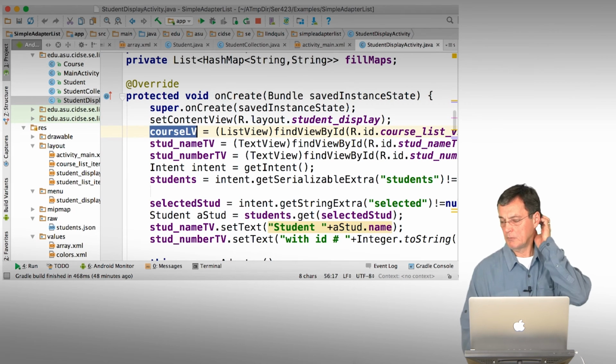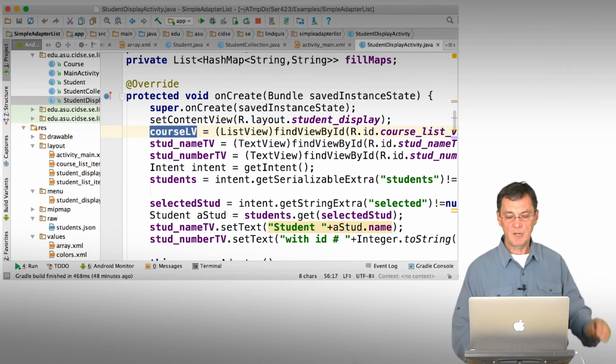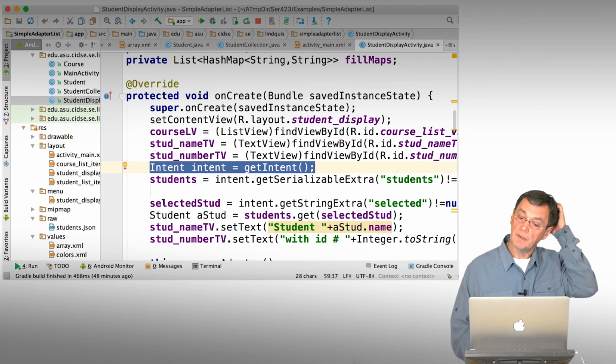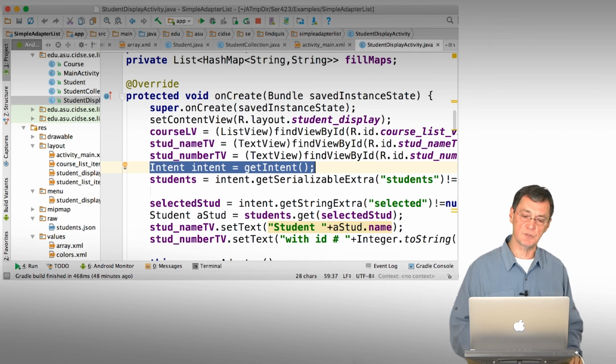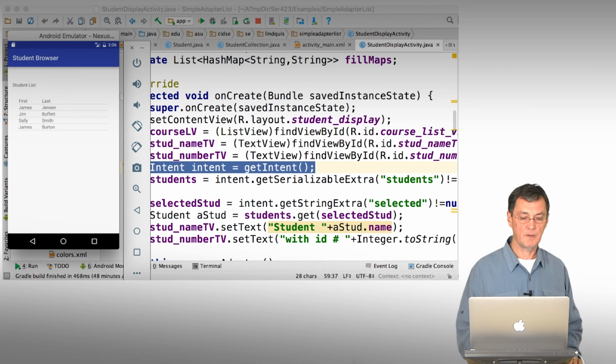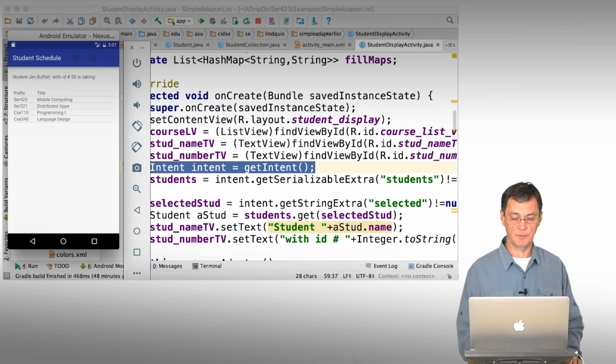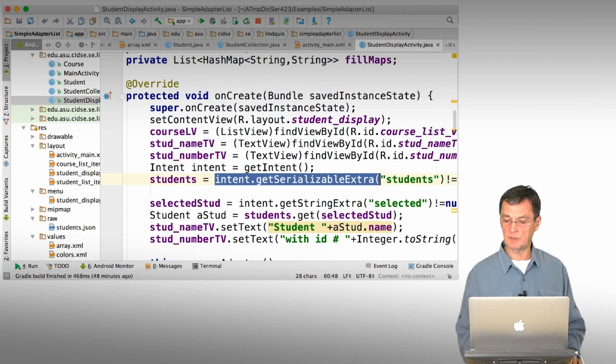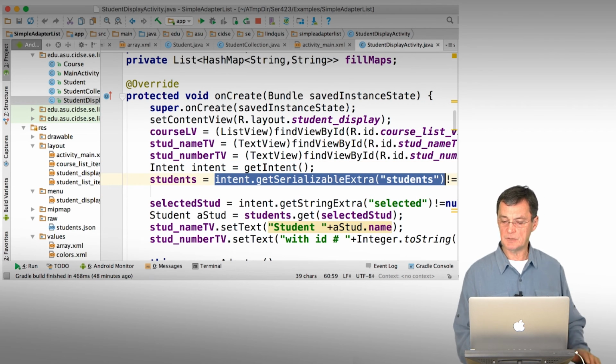So how do I know what my collection of students is? I do it this way, with the intent. Now remember, I'm in the student display activity, which is the second activity that gets shown, the activity that's displaying the courses and the other information about a student. How does it know what student to display? Well, the main activity passed it that through its intent information. So intent gets serializable extra, whose key is students,